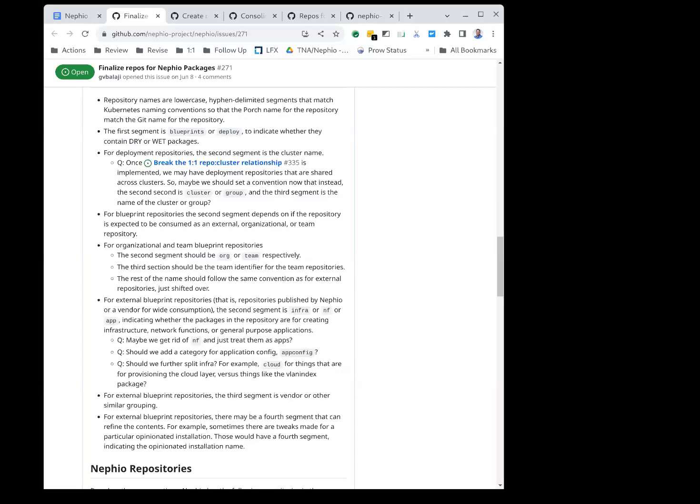Agreed. To me, putting this in the actual name is unnecessary, right? If an organization wants to create that kind of extra hierarchy, they always have the opportunity to do that. But for at least our Nefio project GitHub, I think a shorter version without that segment would be more coherent.